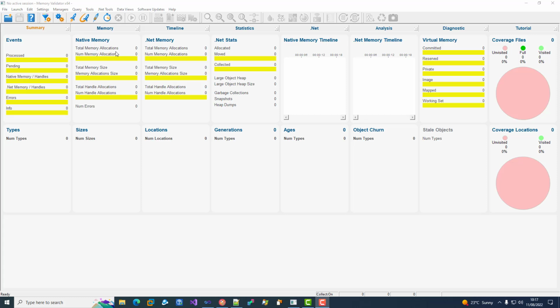Hello, I'm going to show you how to demonstrate memory corruption detection using Memory Validator. First of all, we need to enable the memory corruption settings, so click on the cogs icon in the toolbar,